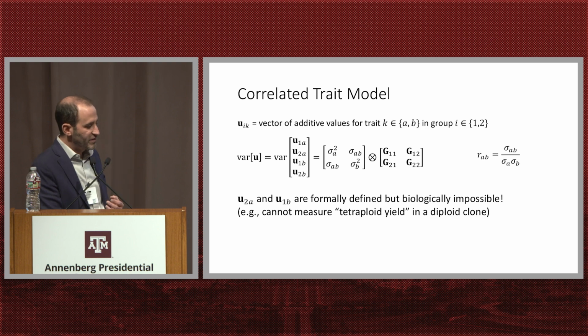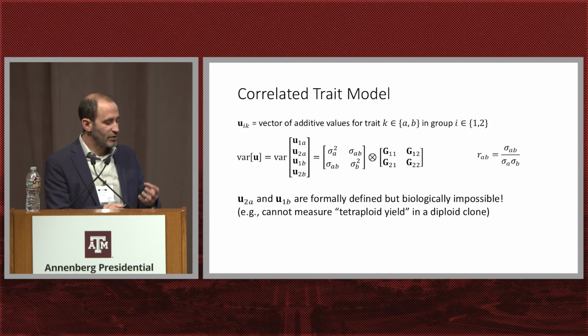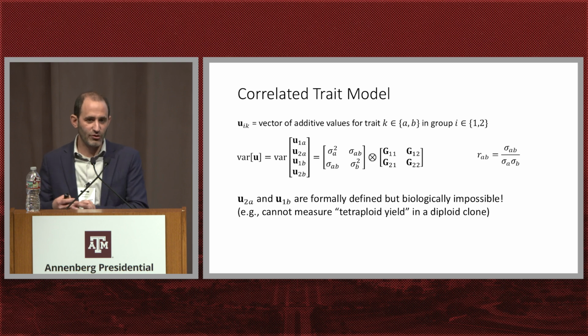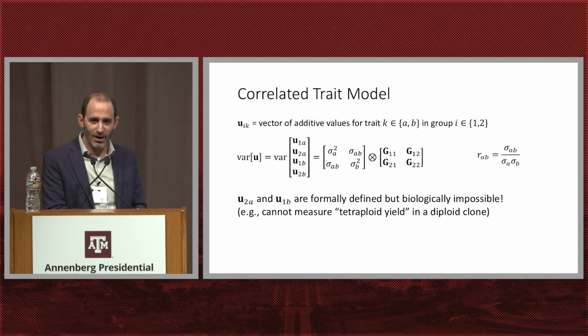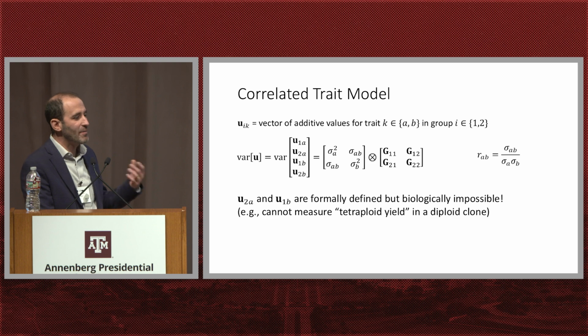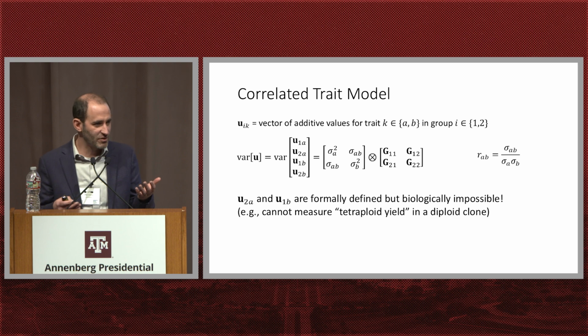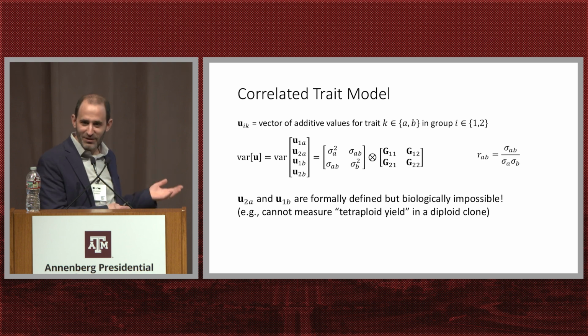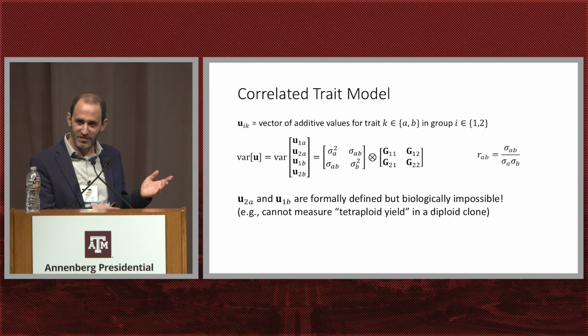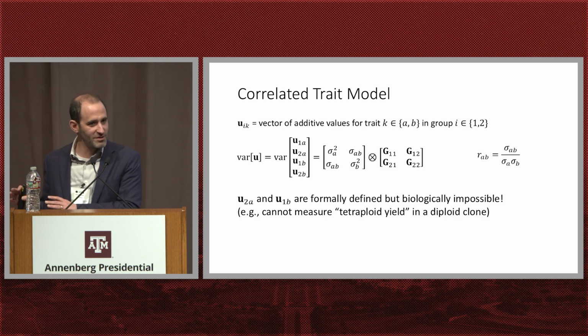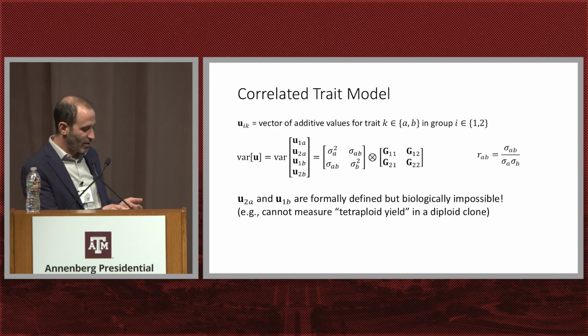So if I have traits A and B, and I have groups 1 and 2, you only really measure trait A in group 1 and trait B in group 2. There's no such thing really as trait A in group 2 and trait B in group 1. That's like saying, I'm going to measure diploid or tetraploid yield in a diploid potato. That's a nonsensical statement in English, but mathematically that quantity exists when you write these kinds of models, okay? We just don't look at those results, but they are there,